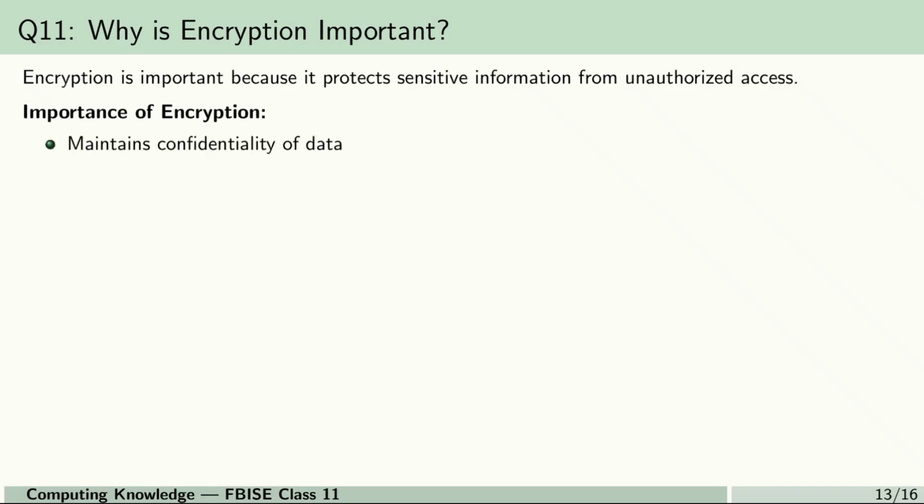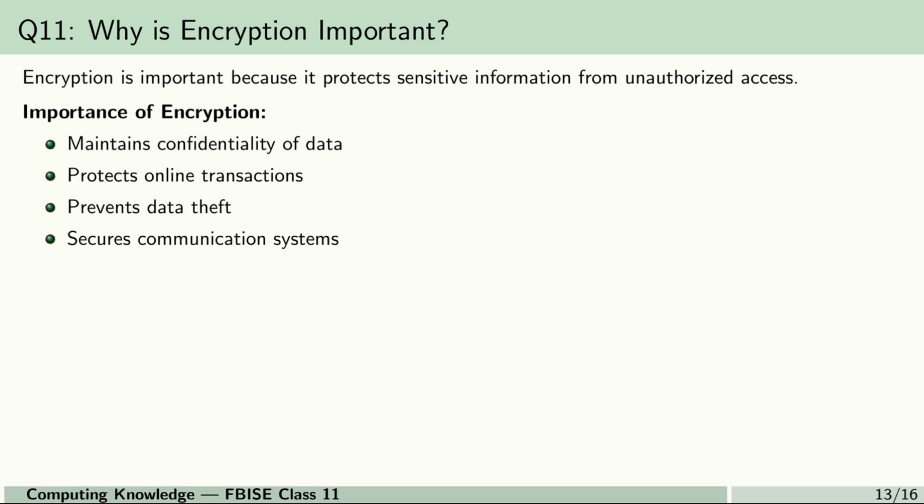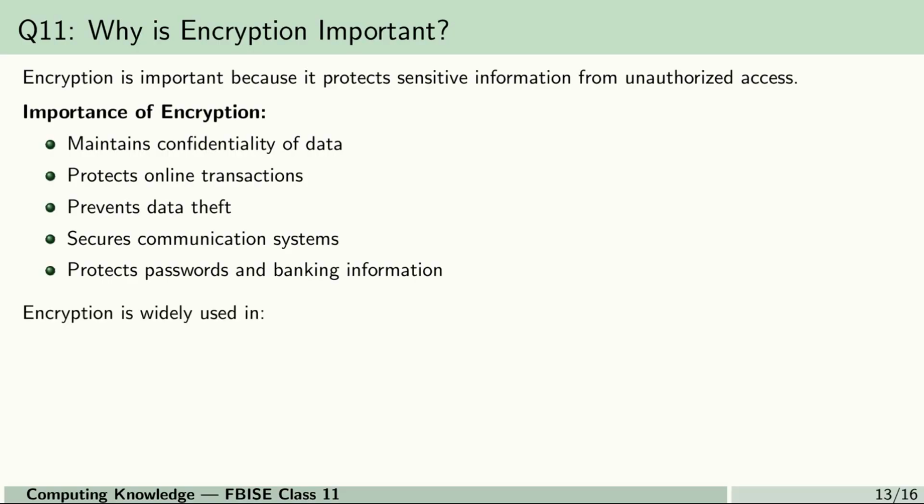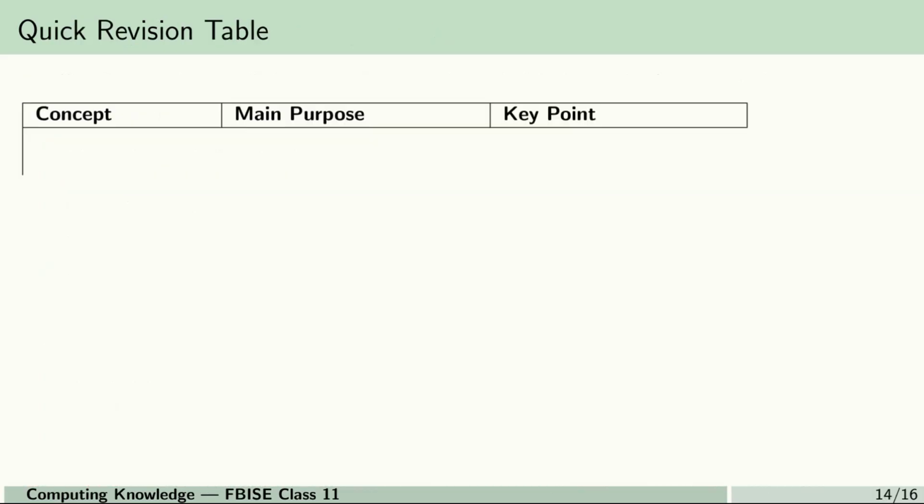Importance of encryption: maintains confidentiality of data, protects online transactions, prevents data theft, secures communication systems, protects passwords and banking information. Encryption is widely used in online banking, e-commerce, social media, cloud storage. Quick revision table is: